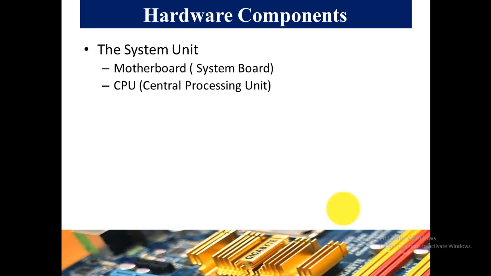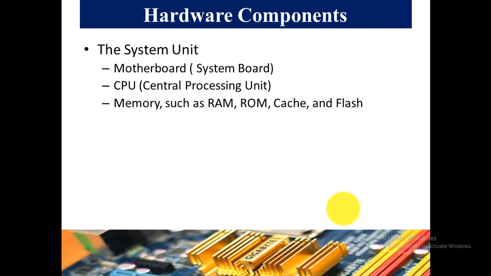The next is the CPU, which we normally call it, but when we go into detail, being a computer student, you must know that CPU means the processor, the microchip, which is made up of transistors. The CPU is the processor of the computer, which performs the main operations, all arithmetic, logical, and control operations in the computer. This is the CPU, which we call the brain of the computer. So it's a very important part of a system unit.